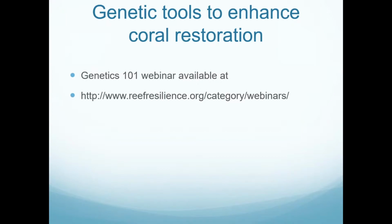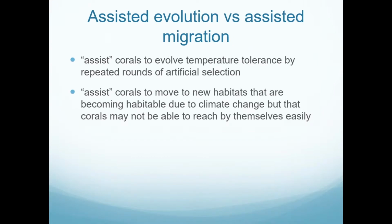If you would like an introduction on the very basics, what's an allele, what's a genetic marker, what are the pros and cons of each, see the webinar. Instead, what I will do today is discuss these concepts of assisted evolution versus assisted migration, what they are and how we might apply them to Caribbean corals, and make three very specific recommendations of what I think we can do for Caribbean coral restoration. So